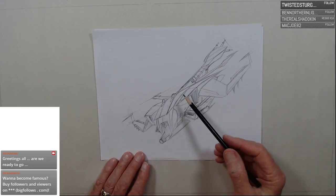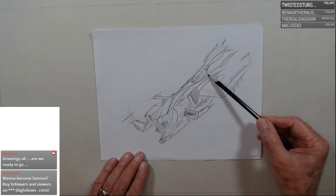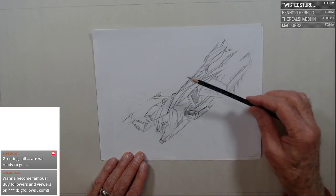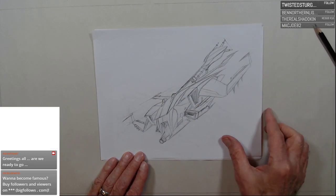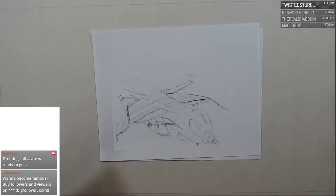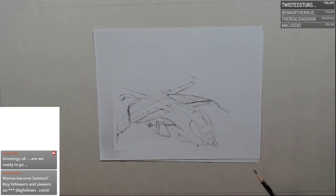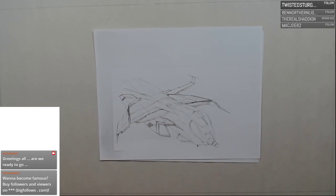So, and again, notice the upper dihedrals are still in motion behind the engine nacelles themselves. They rise above, and they can, again, move, articulate all the way vertical, all the way down, almost flat laying on top of the nacelle in the other view. So that's another shot at it here. And then I went back to another mode here. This is interesting. Went back to another view here. Just didn't finish the sketch, but it gives us a little sneak preview of what that real stretch look could look like. I mean, look at the difference, for example, between this view here